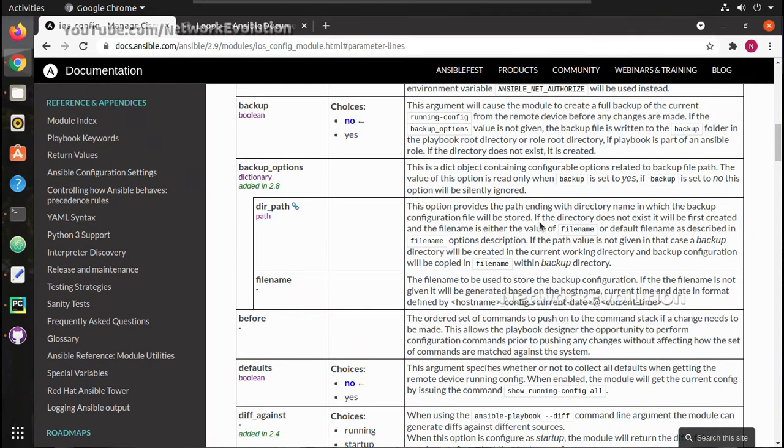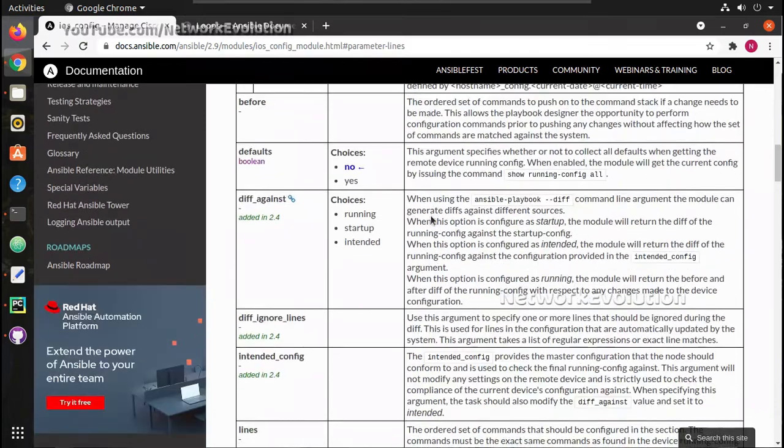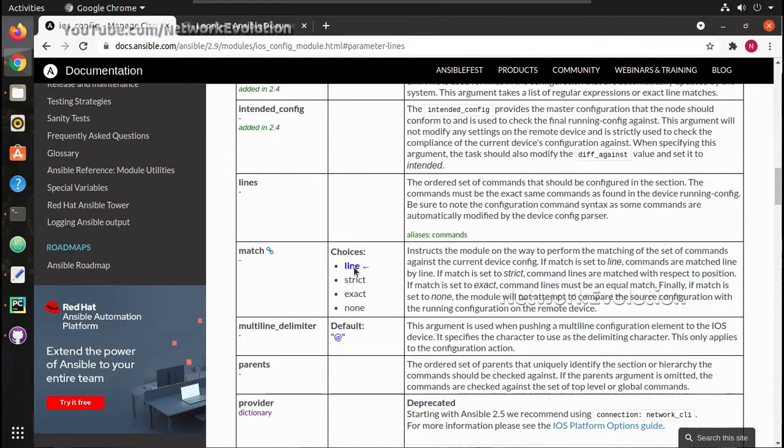Similar to that, match and replace, there is one more option, match. Here for match we have multiple conditions like line, strict, exact. If you do line, it will match line by line whether that line exists in the configuration or not, and if you give strict, it will check the complete order of the commands.